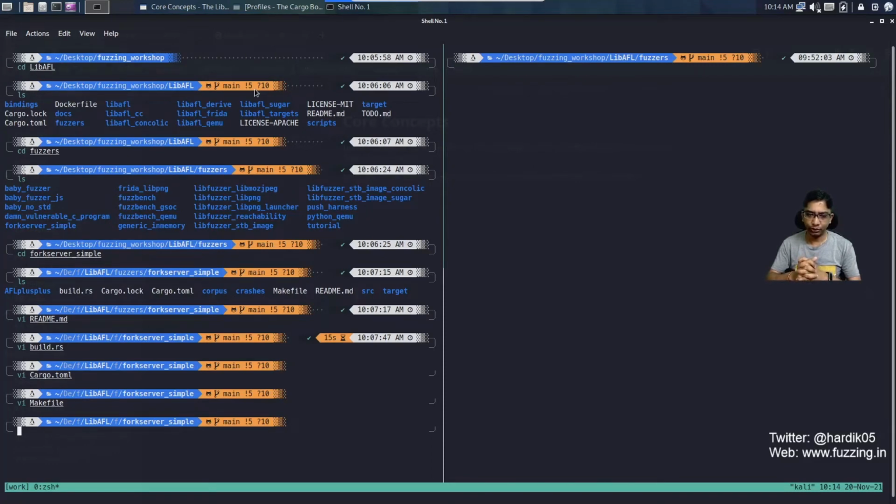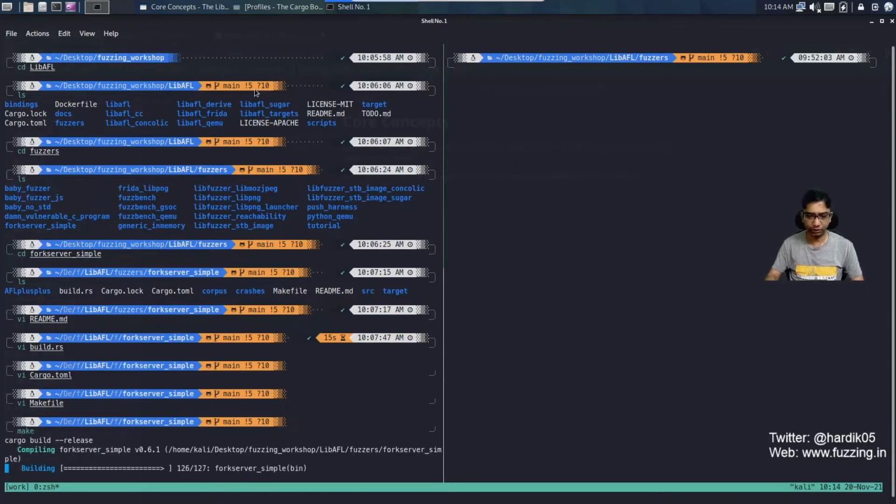So now let us go ahead, and what we can do is that we can build this fuzzer. So we can either type make, or we can run cargo build --release. So let me try with make and see if it works. So yeah, it will take some time, maybe a few seconds, to compile this fuzzer binary. And you can see that it is compiling fork server underscore simple, which is a binary file. What it will do is that it will copy